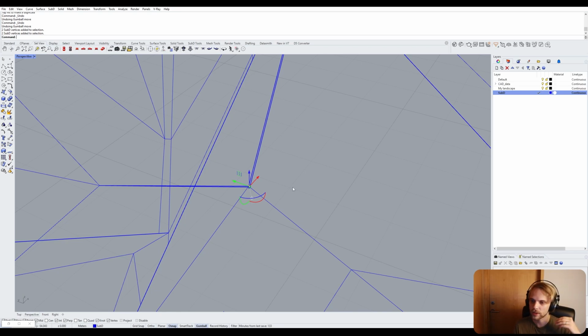By the way, all of the commands, I will list them in the video description. I will list all of the commands that I'm using in regards to SubD, so that you don't forget. You can copy all of them into a notepad file and have it somewhere near you. So these 2 vertices, I will type in stitch, enter, and what stitch will do,